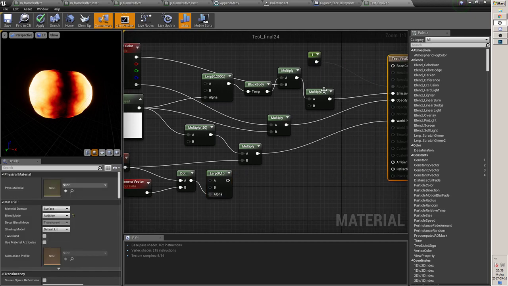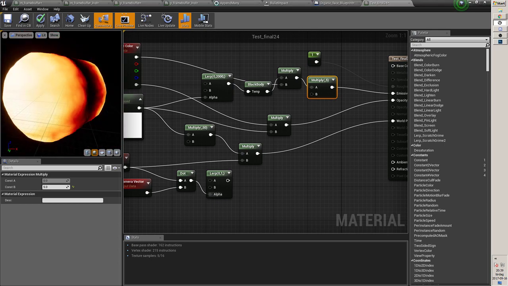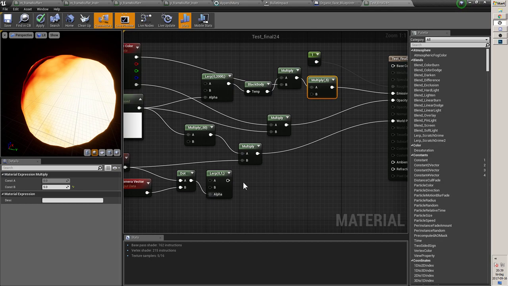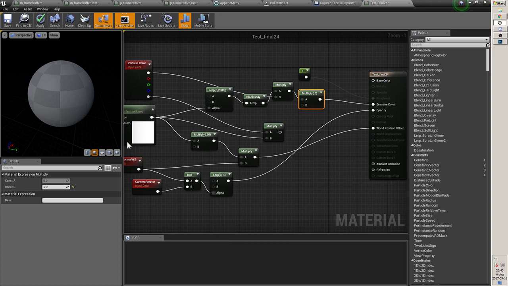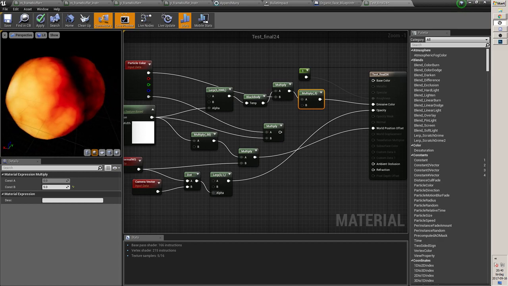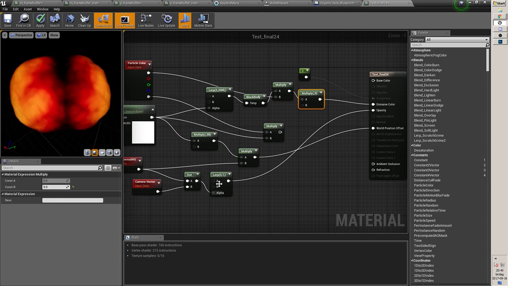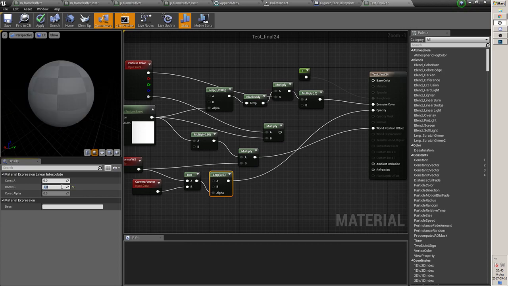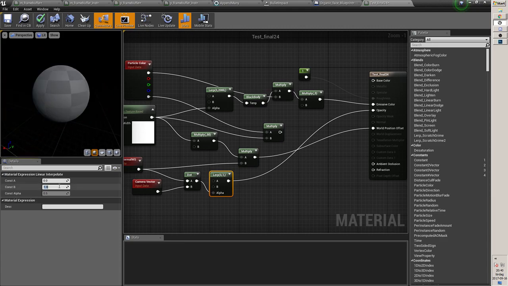Alright, so I got the opacity. So that's what I want, right? I want the edges of this sweet little peachy, creepy thing to have alpha on the edges. And then let's just try doing this, see what happens. Okay, we got something happening here. As you can see, when I start rotating the camera, it's getting soft on the edges here, which is really nice. And that's what I want. Let's put that to 2 or 5 and see what happens. Okay, I'll basically crunch the weight. Oh, sorry. What am I doing? Alright, so I need to